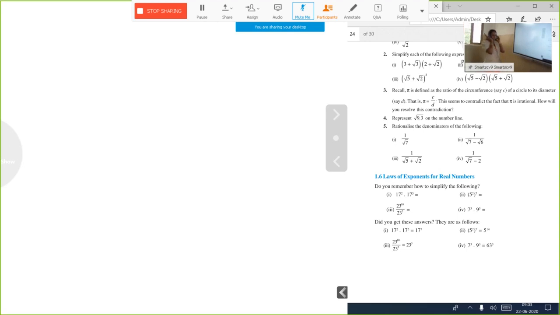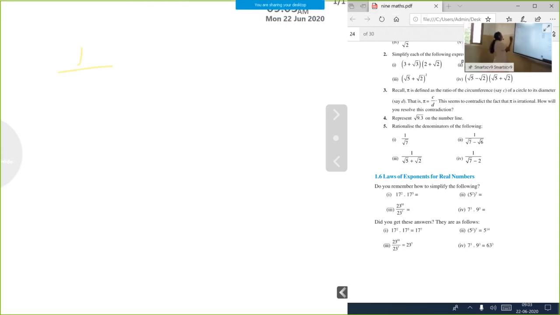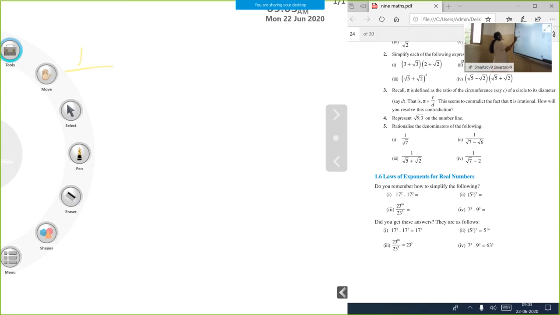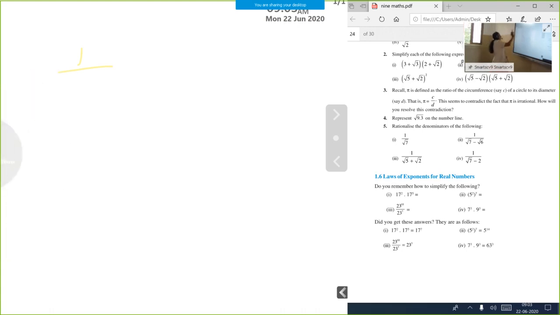Dear children, last class we studied about the rationalization of denominator. And you know which way we need to rationalize the denominator. If there is only one number in the denominator, you multiply with that same number. For example, if the number is 1 by 2 root 3, which number do you need to multiply with that denominator? You multiply with root 3, that same radical number: 2 root 3 into root 3.